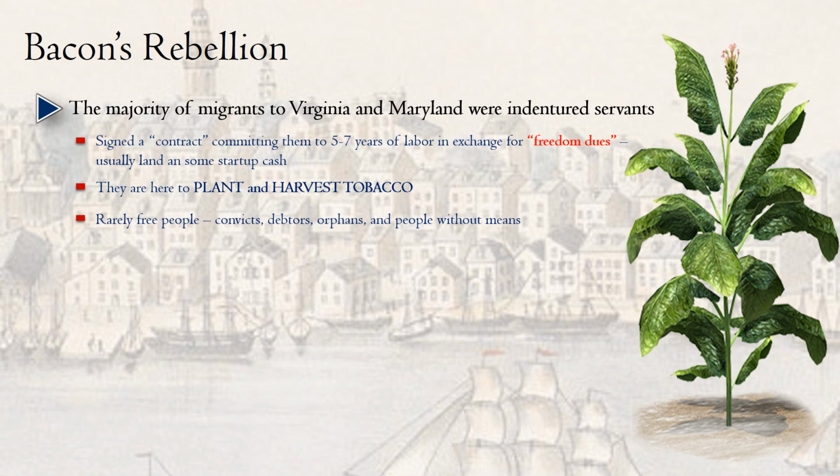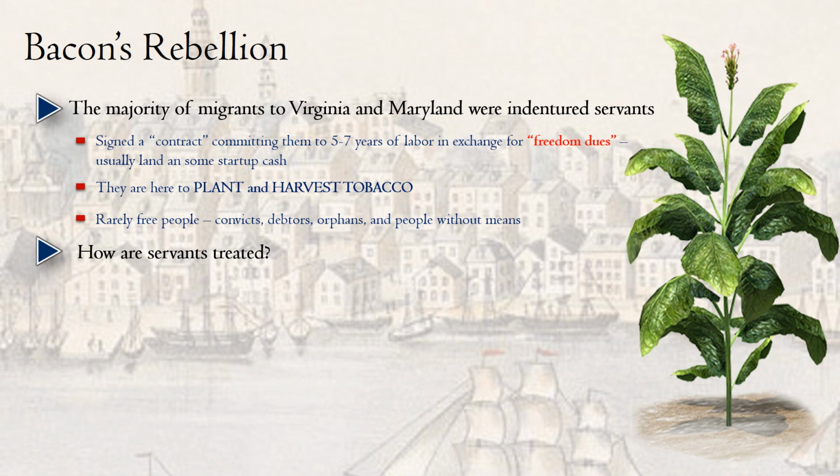These are very rarely free people, despite what you may have heard in the fifth or seventh or eighth grade. These are not folks who simply signed on in hopes of a better life in America, and did this freely and voluntarily. These are usually people who have no other option available to them. They're folks like convicts, possibly facing the death sentence, debtors who have no hope of getting out of debtor's prison in England, orphans who have very little other recourse other than to do this, and perhaps would be sold by the orphanage for a little bit of cash. These are people without means and without a whole lot of other options.